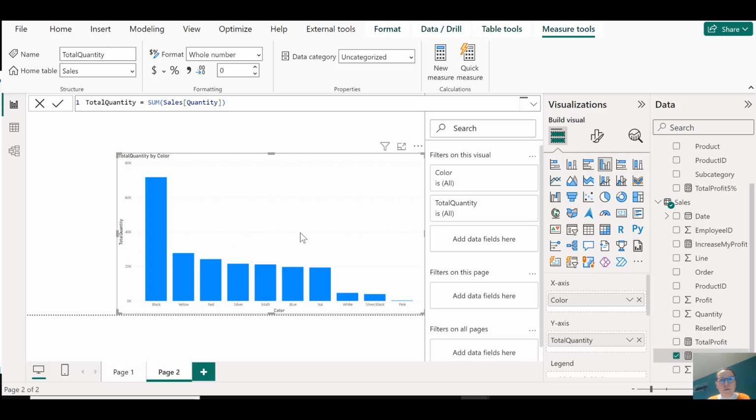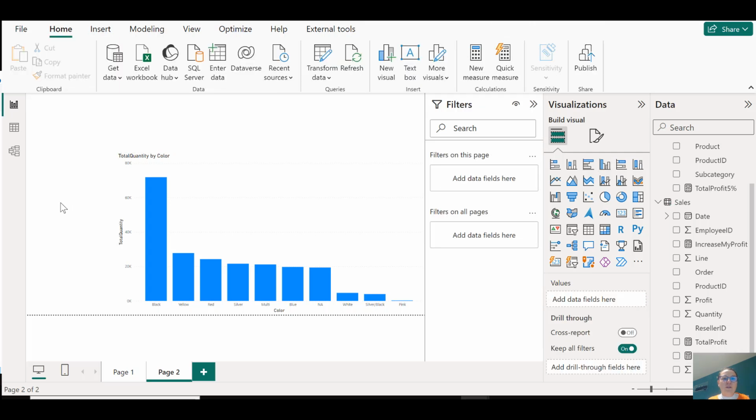And if you are familiar with Power BI Desktop, you will see that we can publish this report, and then we can export this published report into PowerPoint, for example, and just use it to present our data. So in this case, I will show you how to create the slicer, and this slicer will change the